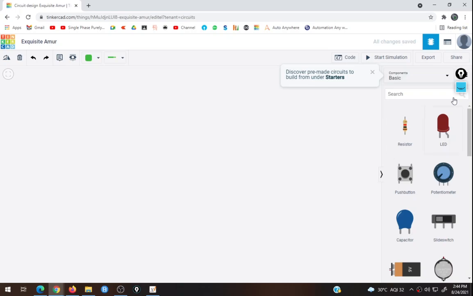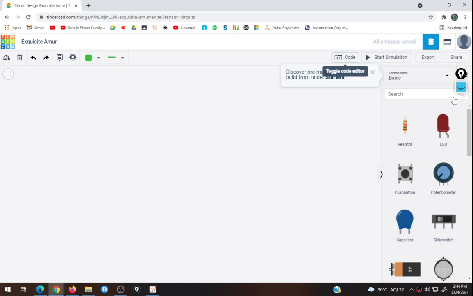When you create a new circuit, on the right hand side you will get various electronic components. On the top side you have some options. The first option is for rotation, if you want to rotate any component. The second is for delete, if you want to delete any component. Then undo and redo. If you want to add some comment, then this option is applicable. This option is for toggling the visibility, we will see later on. And if you want to change the color of any wire, you can change it from here.